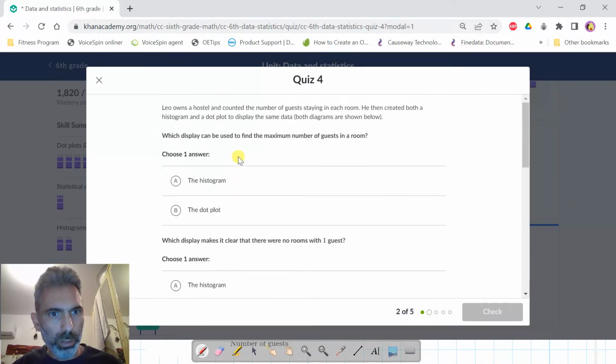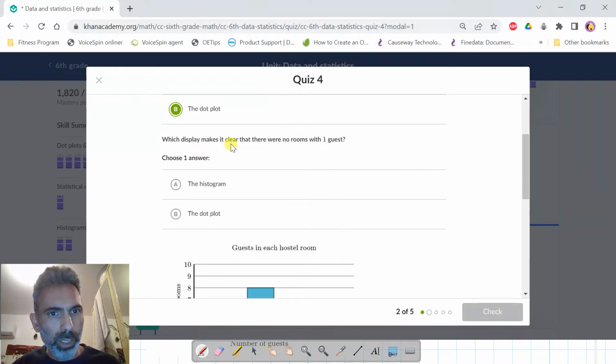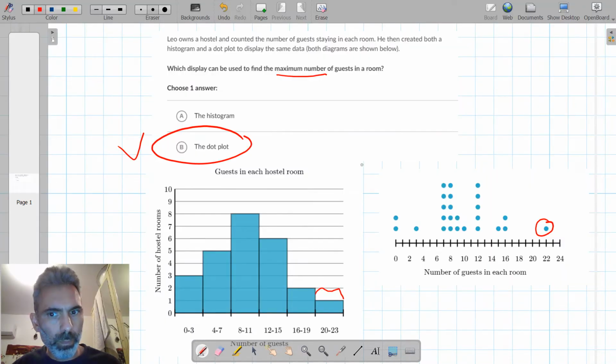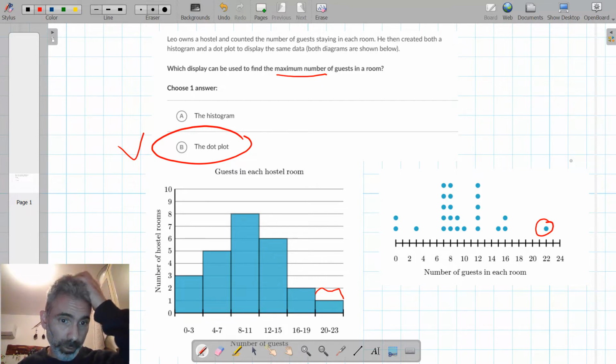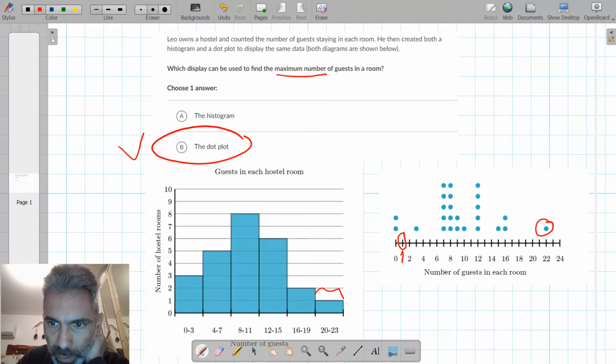So for this question, which display can be used to find the maximum number of guests in a room? The dot plot. Which display makes it clear that there were no rooms with one guest? Again, the dot plot, because here we see that for the number of guests in each room, one has no data points,